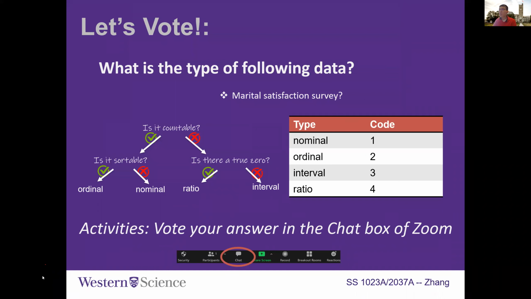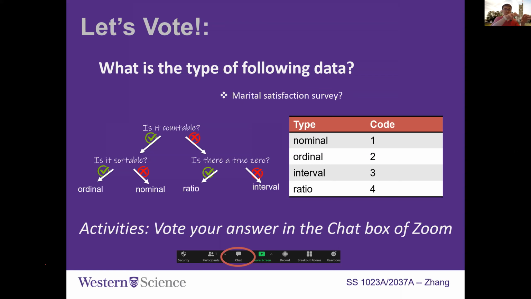Some people think it is 1. Well, in this case, the only question you need to ask is whether the different types can be compared, for example, whether one is higher or bigger than another. In the marital satisfaction survey, we have very satisfied, neutral, and not satisfied at all.